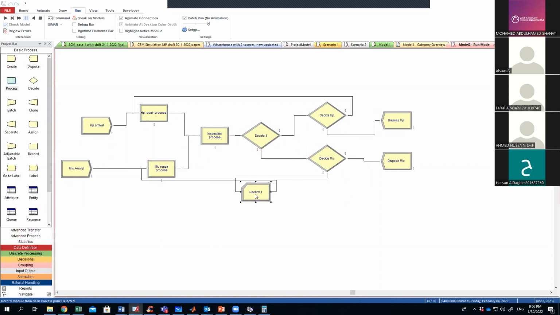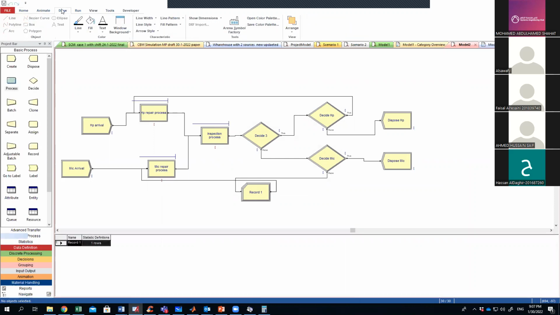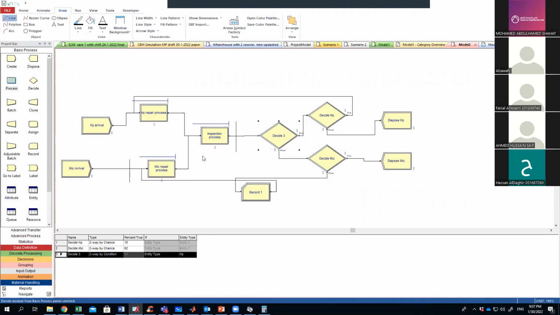But you need to know when to use record. Okay, this is the first usage of record, to count how many, let's say, entities pass through this path. Okay, the next usage of record is, assume, guys, I ask you about the time. Again, I need to stop the run and we go draw. I want to know the time spent by each mic from this point till, let's say, finishing inspection, till this point. And not this point, sorry, assume that it is till this point because we are talking about mics. Okay, if you want to tell about the time spent between this point and this point for any given mic,